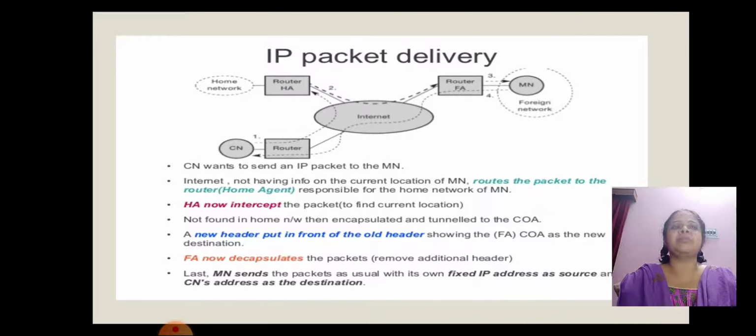The mobile IP process has the following three main phases. The first one is agent discovery. During agent discovery, both the HA and FA advertise their services on the network. Second one is registration. The main purpose of registration is to inform the home agent of the current location for correct forwarding of packets. And the third is tunneling. A tunnel is used to establish a virtual pipe for data packets between a tunnel entry and a tunnel endpoint.